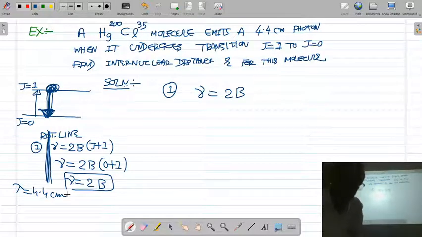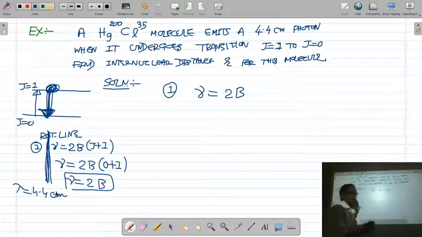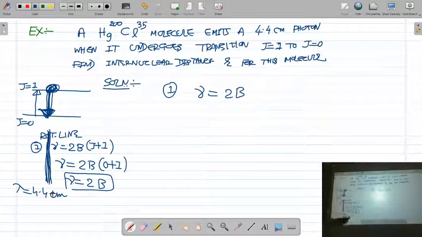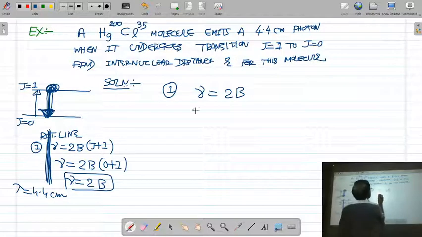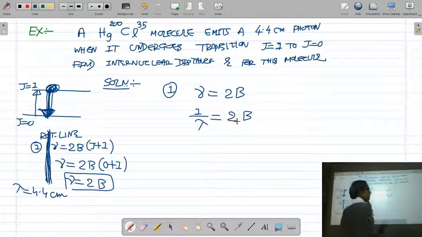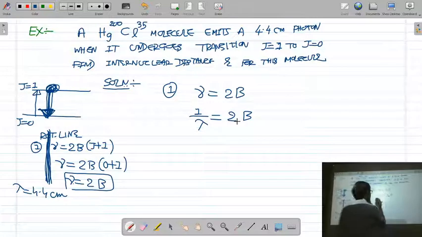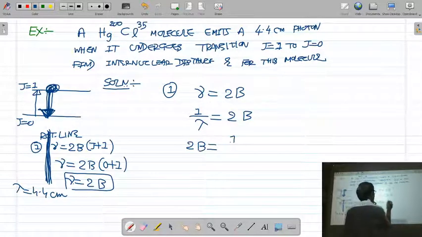Now you know very well the wave number of the first rotational line is mu is equal to 2B. Wave number is nothing but 1 upon lambda, the inverse of wavelength. So 1 upon lambda is equal to 2B. Therefore, the value of 2B is equal to 1 upon